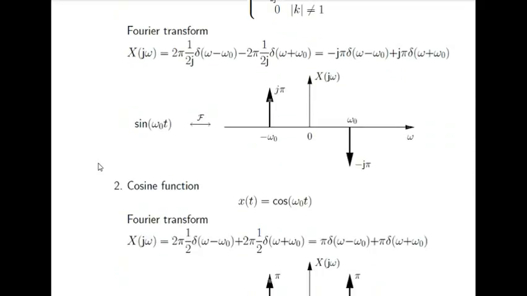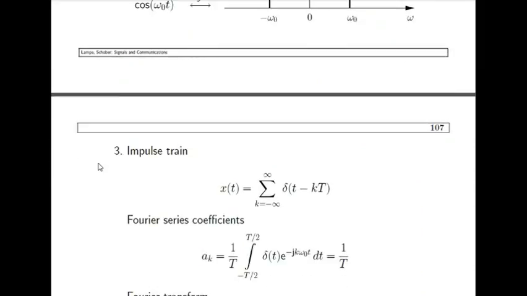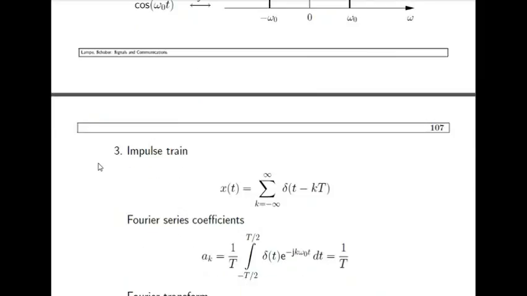The second function is the cosine function, which is homework for you to do by yourself. It is similar to the sine function. First find the Fourier series coefficients and then put them in the formula which I have told you in the upper section, and you will get the desired answer.